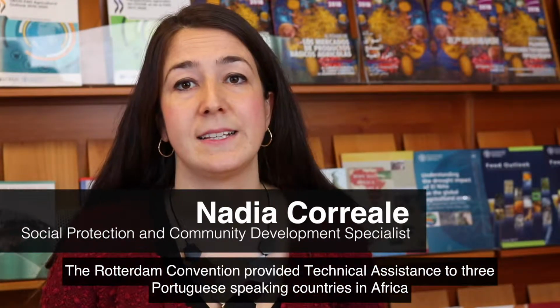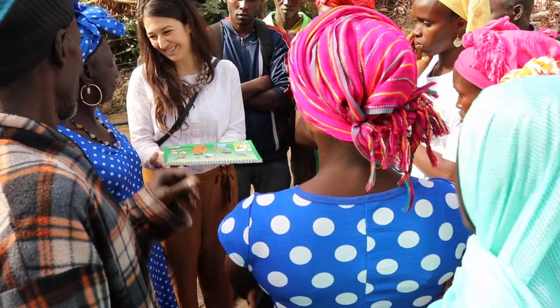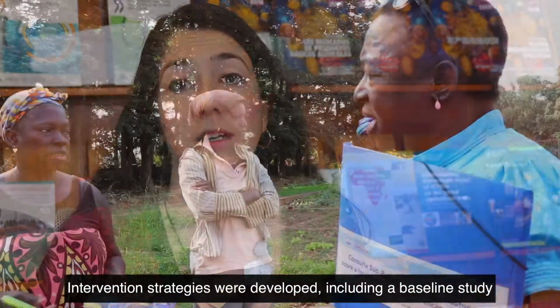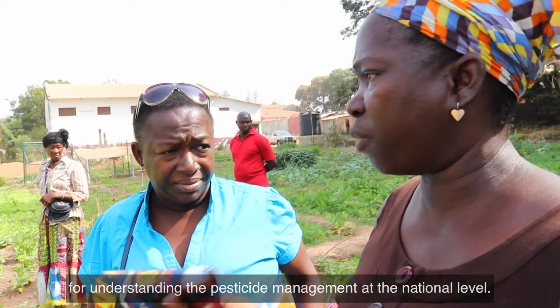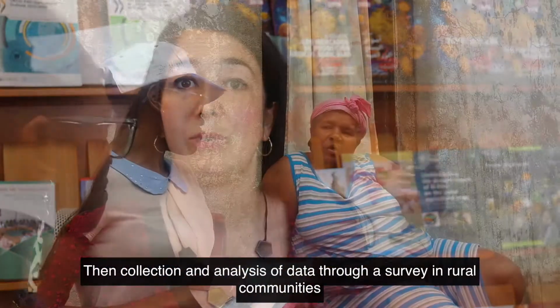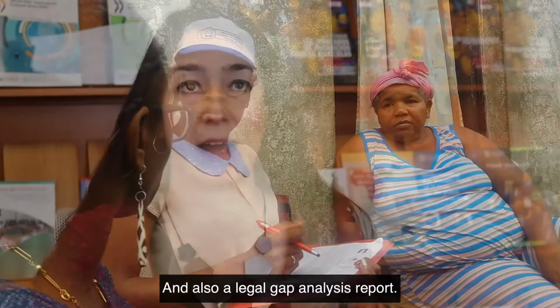The Rotterdam Convention provided technical assistance to 3 Portuguese-speaking countries in Africa, Cabo Verde, Guinea-Bissau and São Tomé and Príncipe. Intervention strategies was developed, including a baseline study for understanding the pesticide management at national level. Then a collection and analysis of data through a survey in the rural communities, and also a legal gap analysis